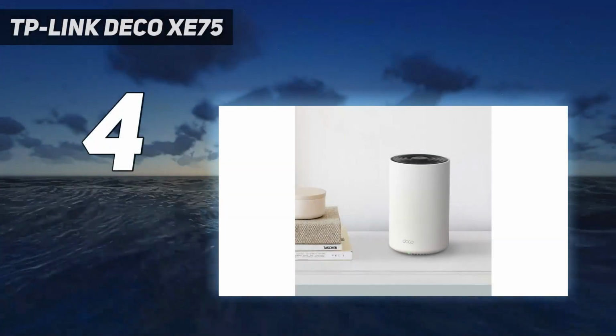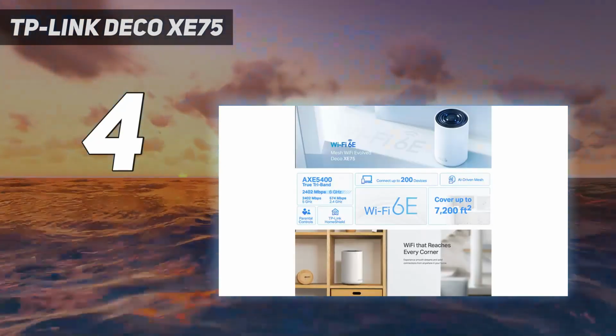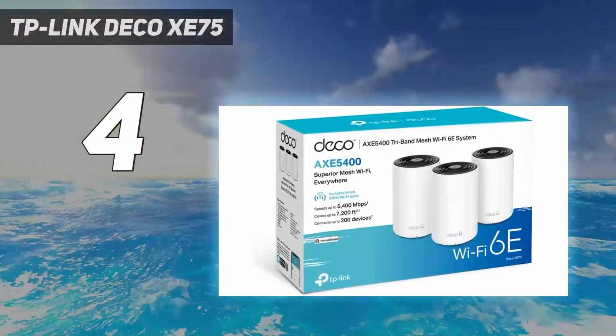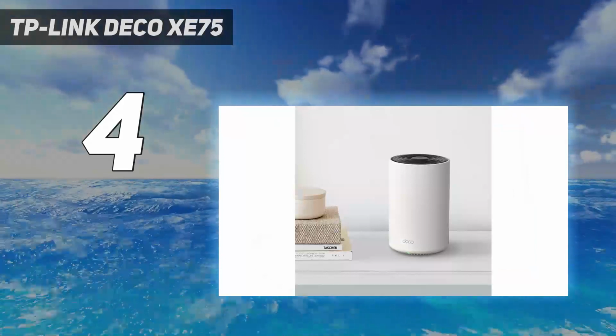Coming at number 4. TP-Link Deco XE75. The Deco XE75 from TP-Link is available in either 2-packs or 3-packs, and this mesh router system provides an inexpensive way to create a Wi-Fi 6E network that can fill your whole home with a strong Wi-Fi